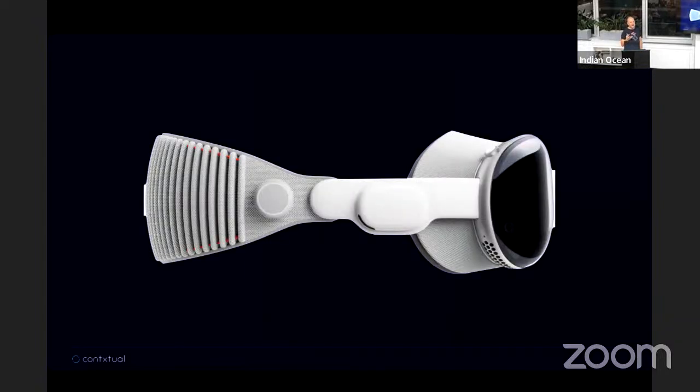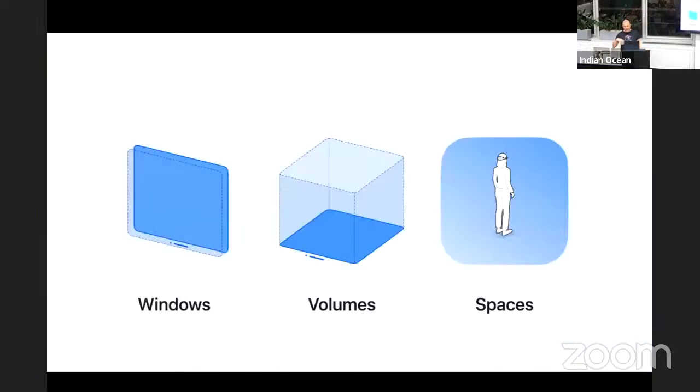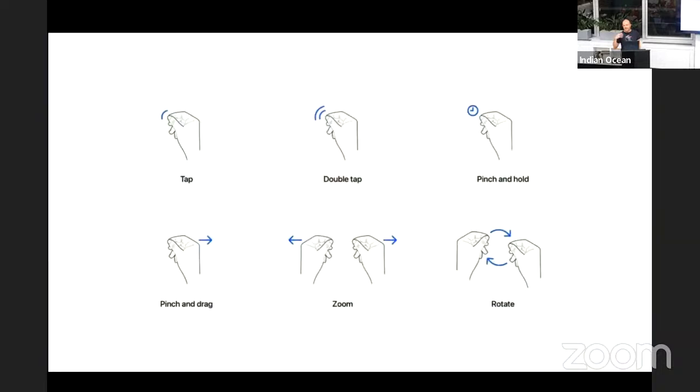This is an amazing headset, and as you can see, all the work that we've been doing over the last couple of years, we've been looking forward to this device, okay? So we're very excited, and obviously Apple have pushed, and I'm sure you know from the developer website at Apple, there's a lot of great content there, all the videos from WWDC, etc. There's a lot of information that we can draw upon